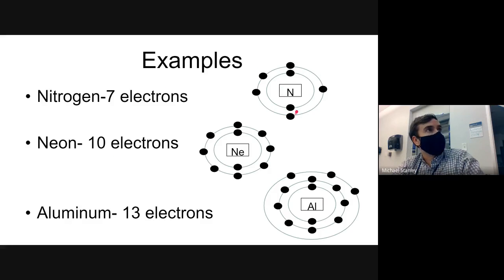So start with the first shell, work your way out from there. Make sure it is based on the number of electrons that your atom has. So the reason why we spent all this time talking about electrons and electron shells is that the electrons that are on the outermost shell of an atom, so like these 5 right here,